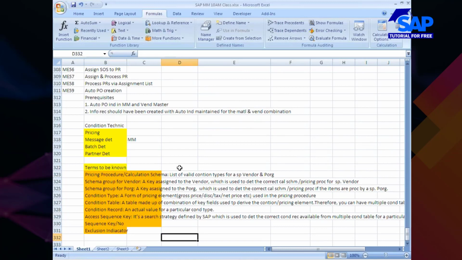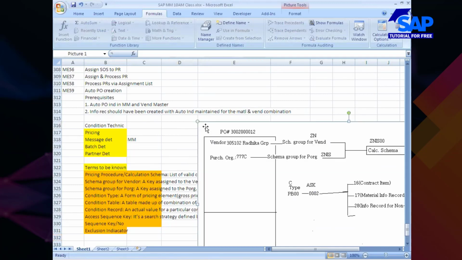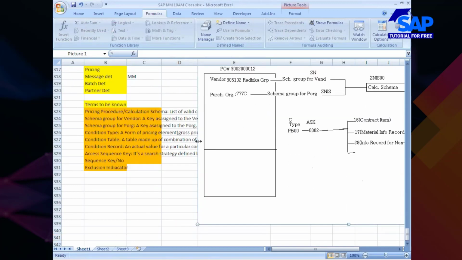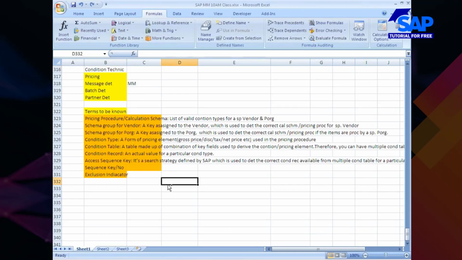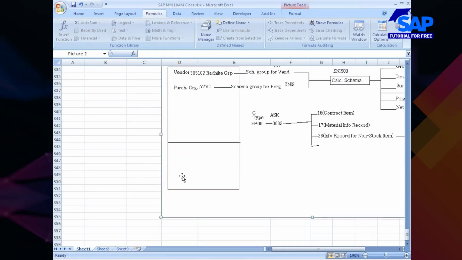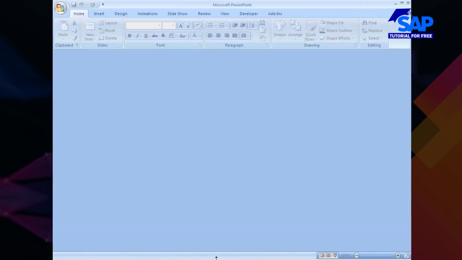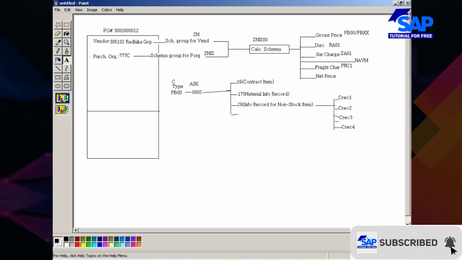Yes, Pavitra. Sir, I have a question. Please. Tell me, Pavitra, please, go ahead. Hello? Pavitra, go ahead, please. Yeah, please go ahead. Ask your question. Sir, if we create a new vendor, then do we have to assign all these new schemas and calculations manually, or will it get added automatically?